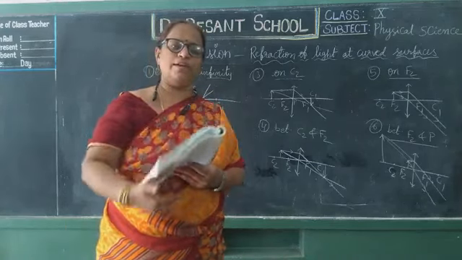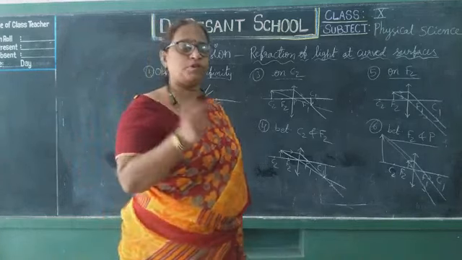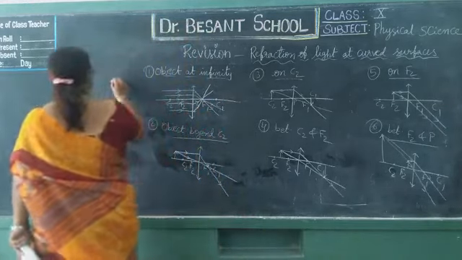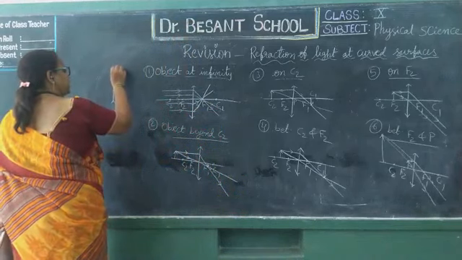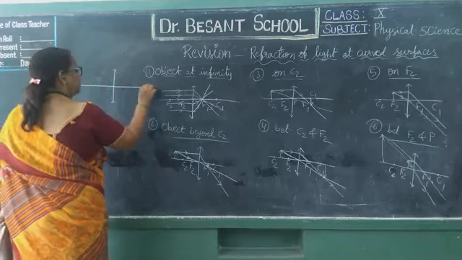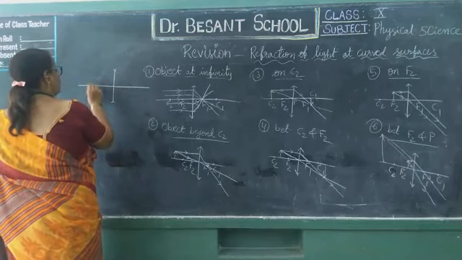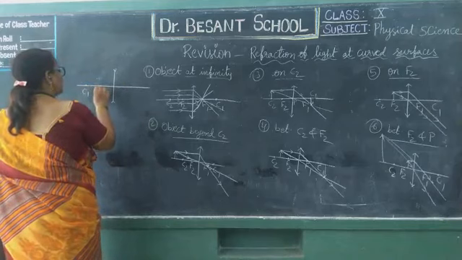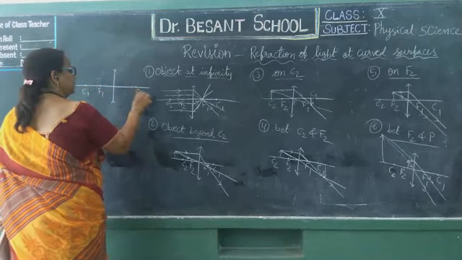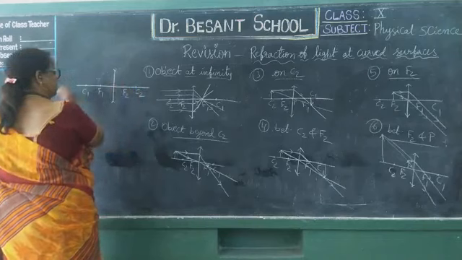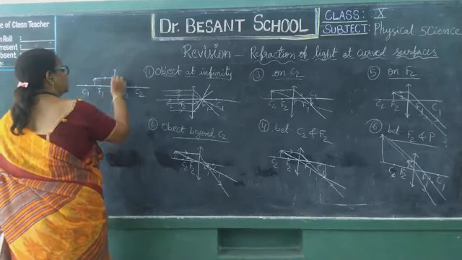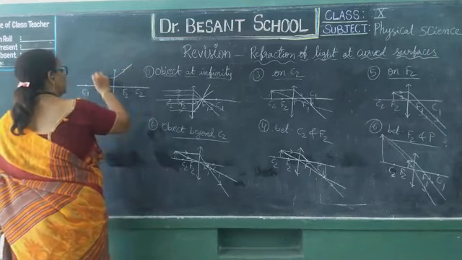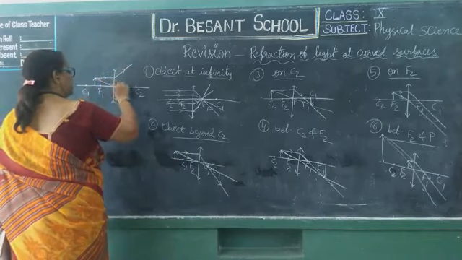Then what about the concave lens? Irrespective of the position of the object, a concave lens will always form only a virtual and diminished image. Virtual, erect and diminished image, because the rays will always diverge. For a concave lens, C1 will be this side, C2 will be this side. So anywhere you can take the object. Wherever the object is placed, consider the two rays, as the two rays will diverge.